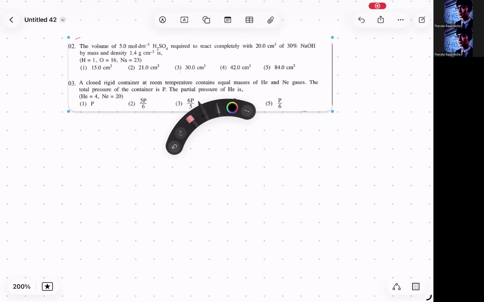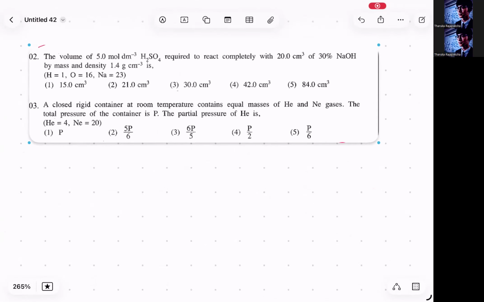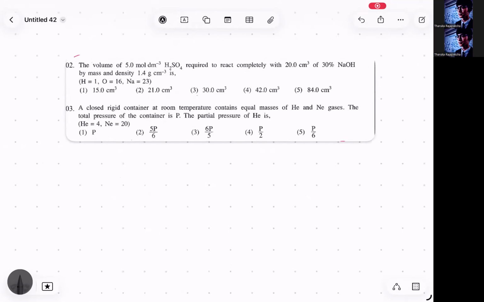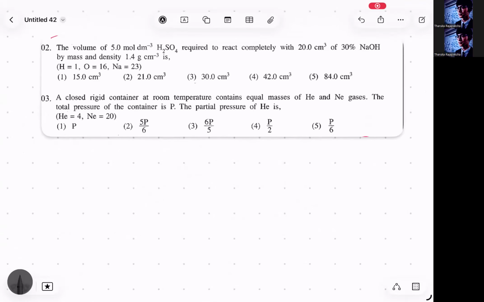So here, the volume of 5 mole per cubic decimeter H2SO4 required to react completely with 20 cubic centimeters of 30% NaOH by mass and density 1.4 gram per cubic centimeter. Right. So let's first of all calculate the concentration of sodium hydroxide. So the concentration of sodium hydroxide will be 30% of 1.4